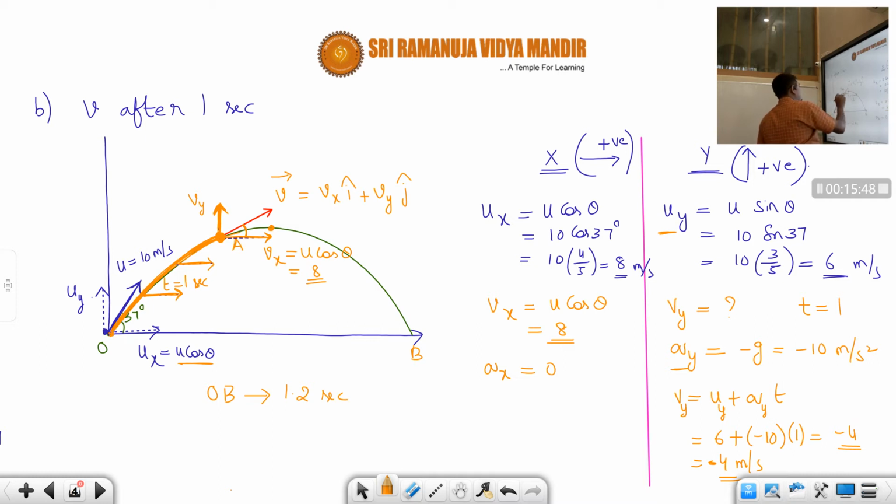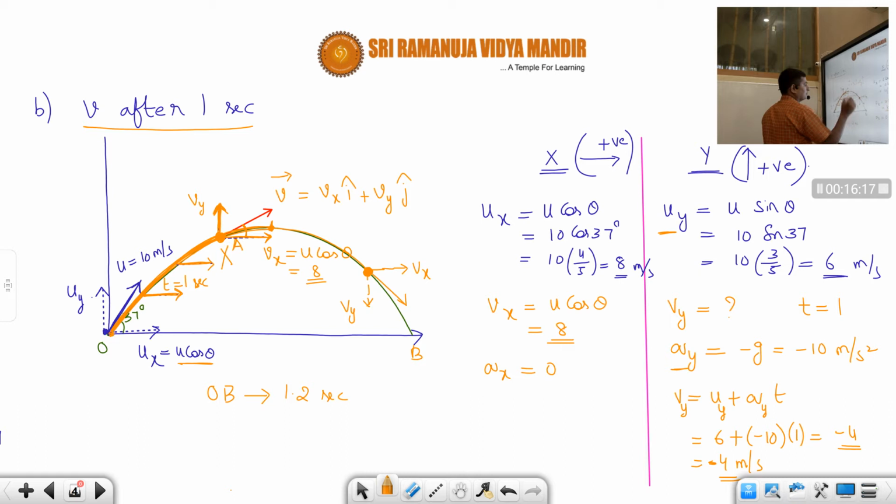Until maximum height, the Vy component will have only positive direction. But once it crosses the maximum height, when it is coming back to the ground, at any point if you draw a tangent, it will have x component as Vx positive, but y component will be negative. So that means somewhere around here, we don't know at this point. Okay, so therefore now we can write, so that means the velocity after 1 second is not here, it is